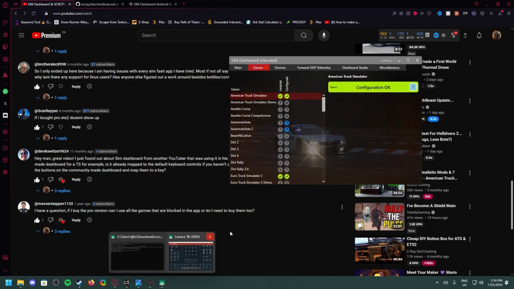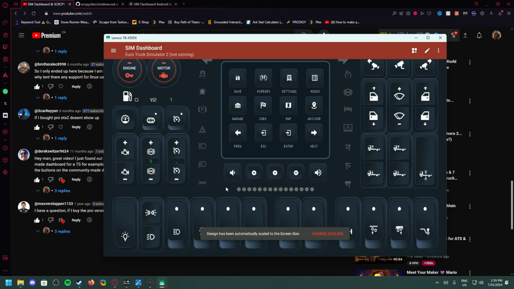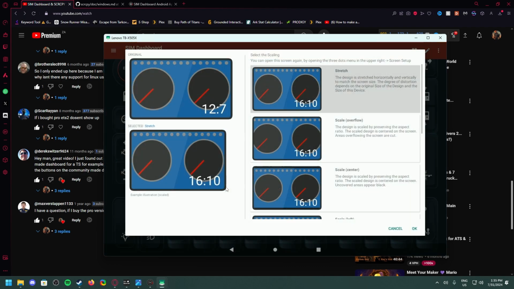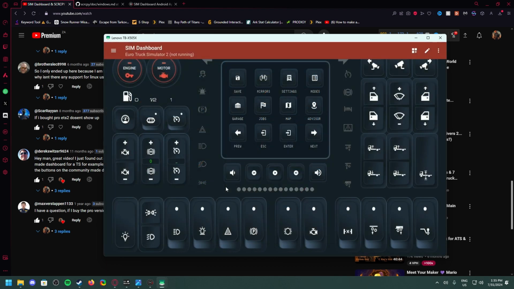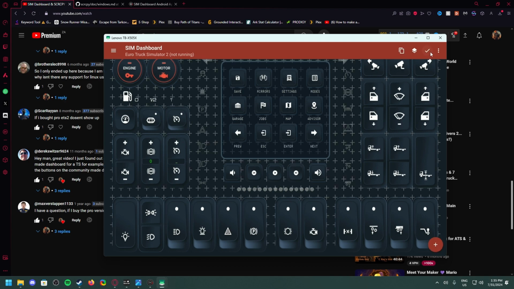Wrong one. So this is better than recording the tablet from above. Can I change the scaling? I'll just say okay. So basically what it does is, you see the edit icon here at the top. Some of these buttons will be automatically mapped in the game, but you can go through them. If you press something and it does something else, you can just go through them, pressing the edit button, clicking,